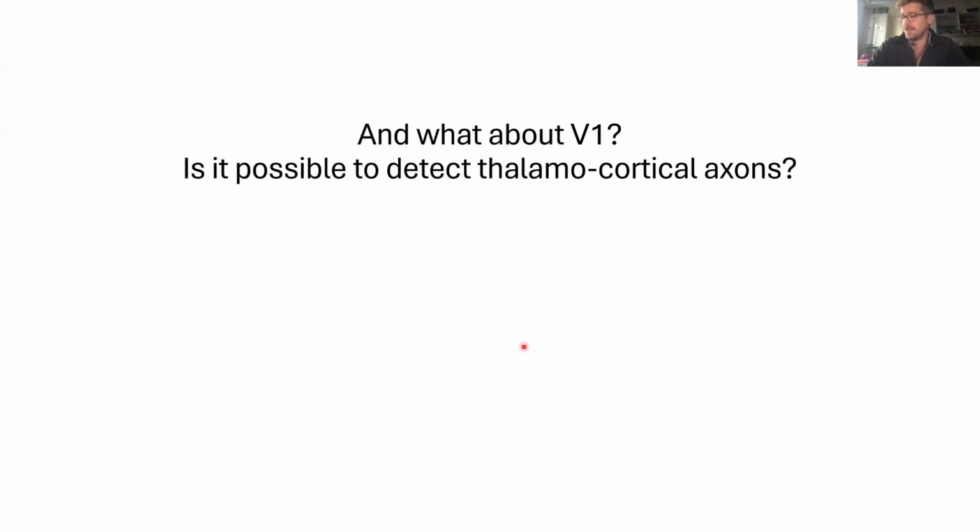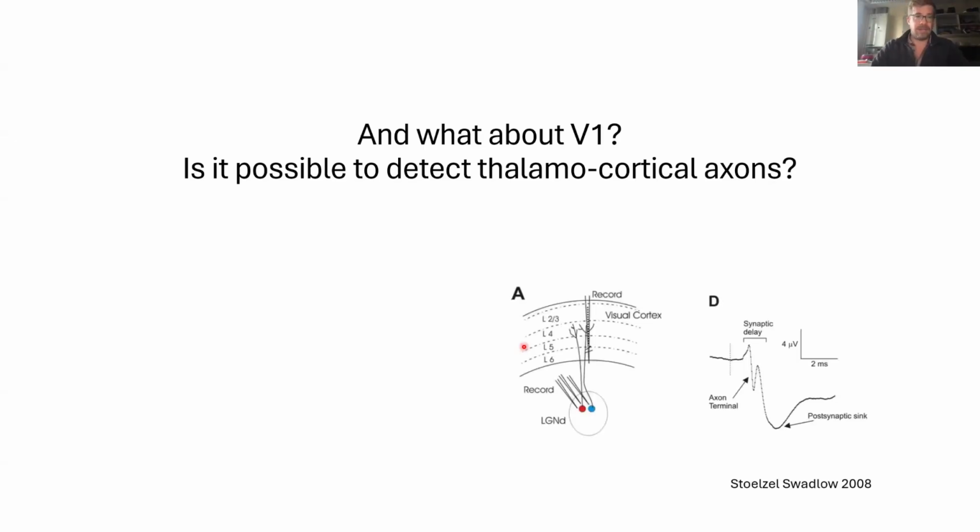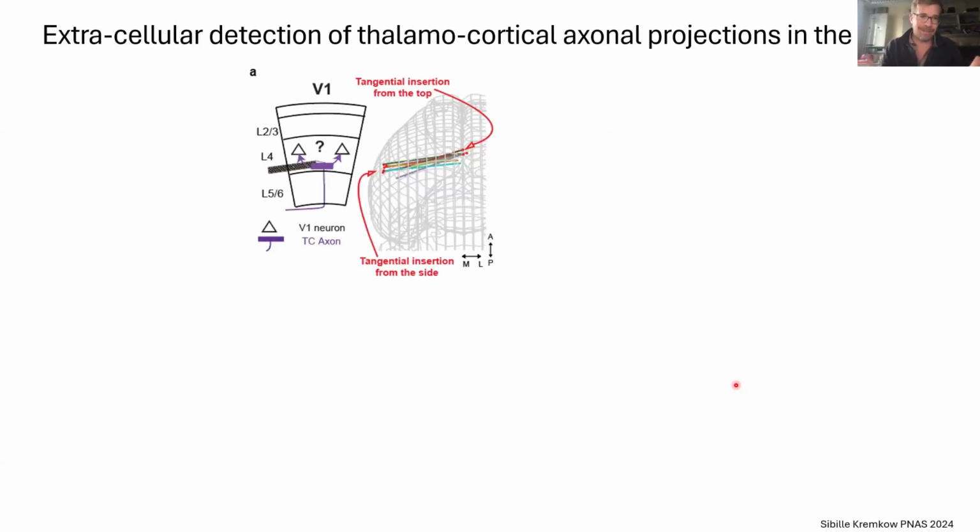And so for that, I would like to speak a little bit more on the primary visual cortex, as indeed there were an incentive from this amazing paper a few decades ago using paired recordings, where they already identified a first peak from the axon, a second from the sync, which has been further confirmed using extracellular approaches in the cats from the Meffin lab, where we wanted to know whether it is possible in mice using Neuropixel, and by matter of fact it is, again using these tangential insertions, poking the brain in